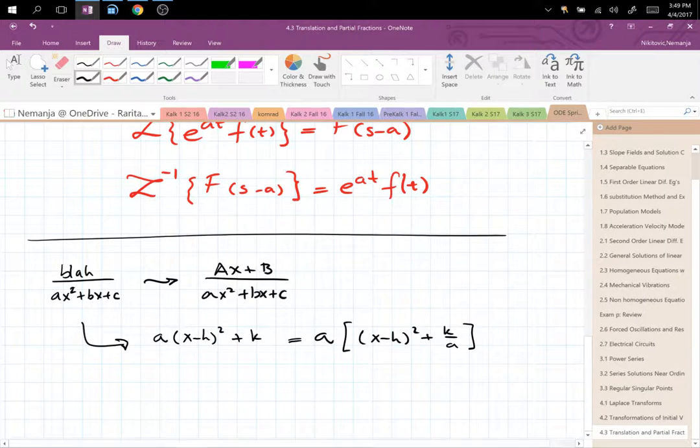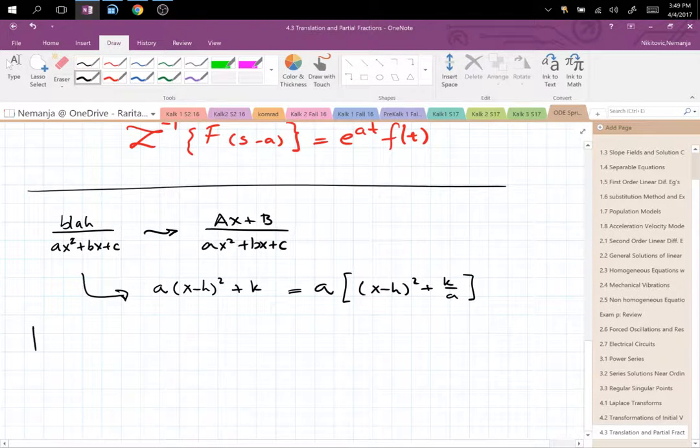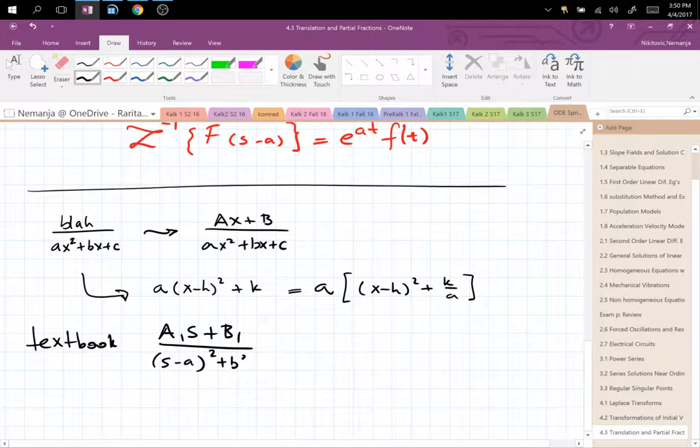Now, I believe the textbook used s immediately in the s domain as a prep for inverse Laplace, because you're using partial fraction decomposition only in a situation when you are ready to go backwards to do the inverse Laplace. So the textbook gives this line as a1s plus b1 divided by s minus a squared plus b squared,